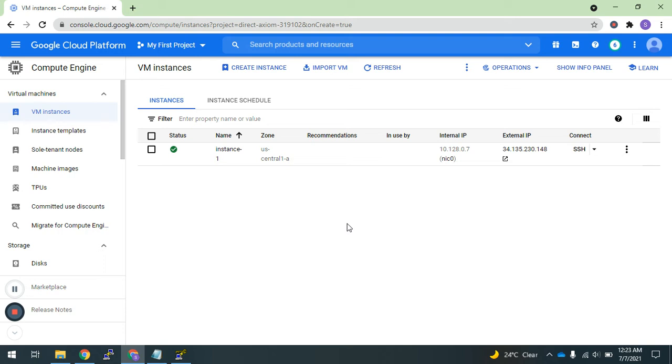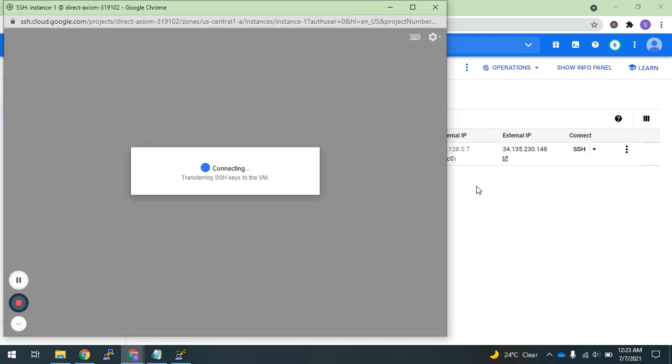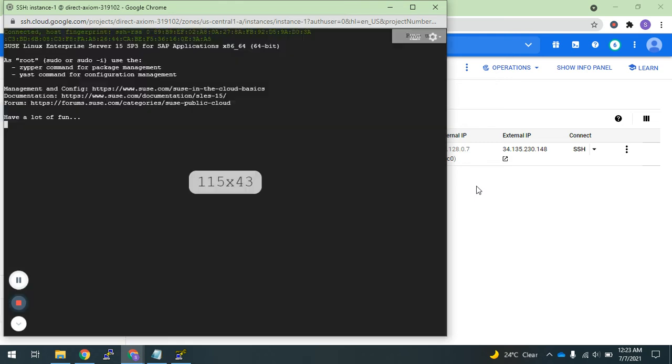So now, how to log in? Click on this SSH. The SSH window opens. You can see it is transferring SSH keys to the VM, meaning whatever keys we generated with the PuTTY gen. That is transferring now, so that it will identify my server and I will be able to log in.